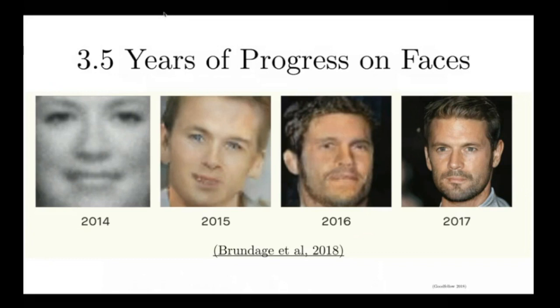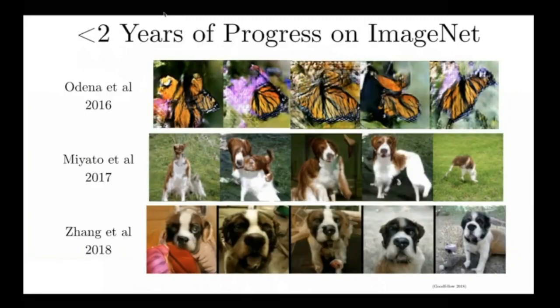But faces are actually relatively easy. Every photo is of a face that has been centered, and it's usually a face that's more or less aimed toward the camera. And there's really only one kind of object in each of these photos. It turned out that it was a lot harder to get generative models to create a wide diversity of different kinds of objects. We've also seen rapid progress to create all 1,000 different objects in the ImageNet dataset, which did not work until about 2016,